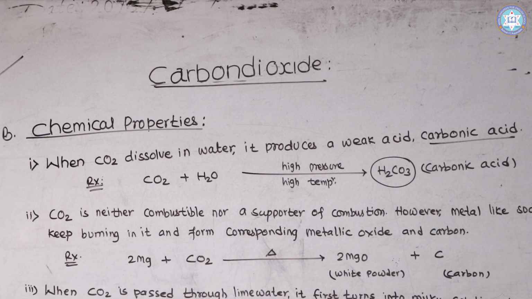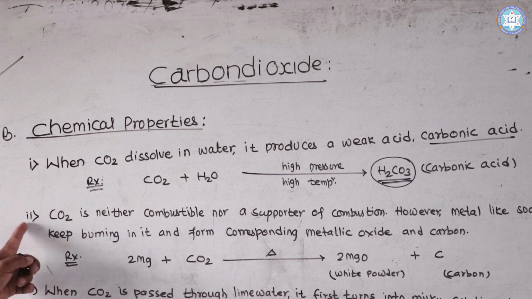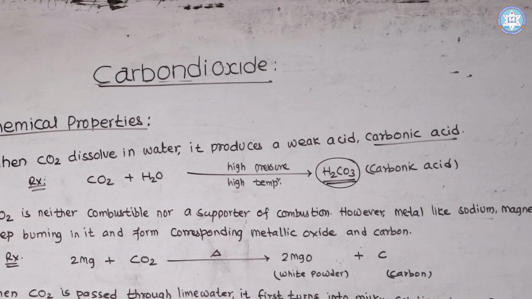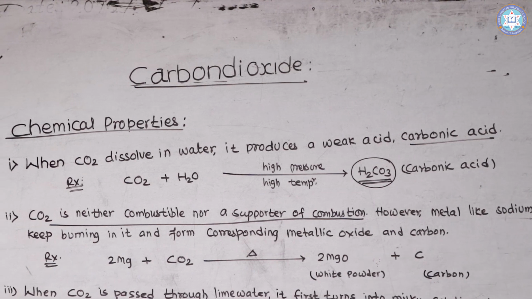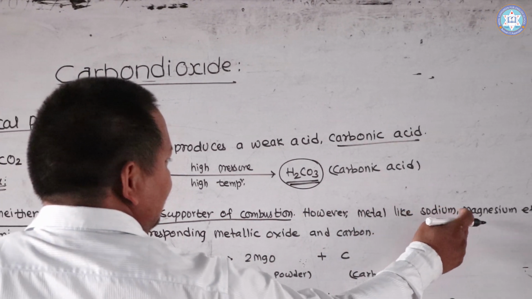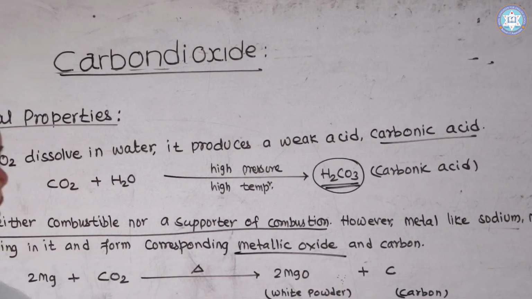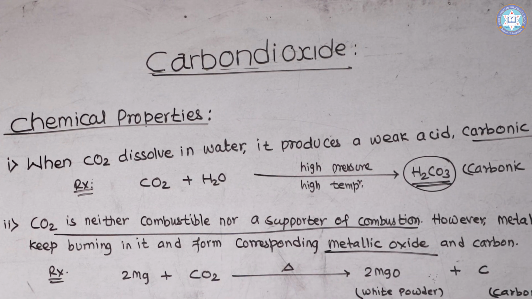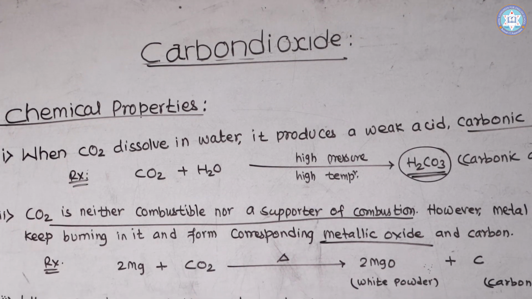So this is acidic in nature. Okay, carbonic acid. Second, CO2 is neither combustible nor a supporter of combustion. However, up to here we have studied in physical properties. I think you know. After this, however, metals like sodium and magnesium keep burning in it and form the corresponding metallic oxide and carbon. हामीले यो मात्र टर्महरु, कार्बन डाइअक्साइड ग्यास न त जल्छ न त अरूलाई जलाउन सहयोग गर्छ भन्नेसम्म फिजिकल प्रोपर्टीमा पढिसकेका छौं।